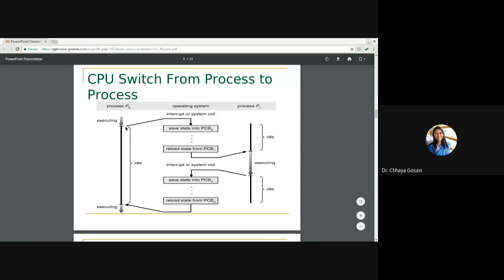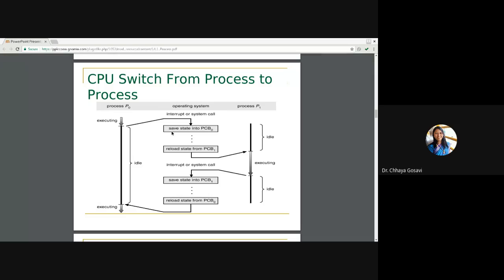And here the process has some interrupt or system call. What will the process do? P0 will save state in PCB0. So PCB, process control block 0, is for P0. It will save the current state and perform the interrupt or system call.